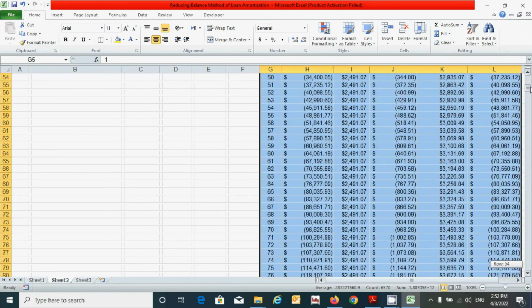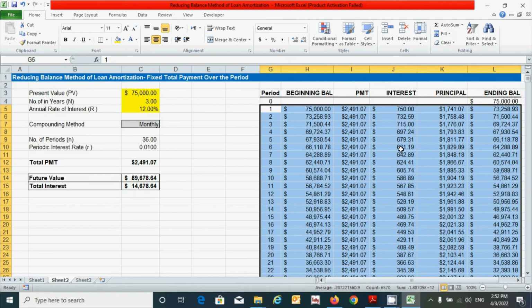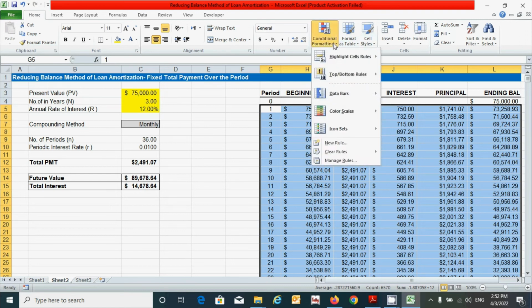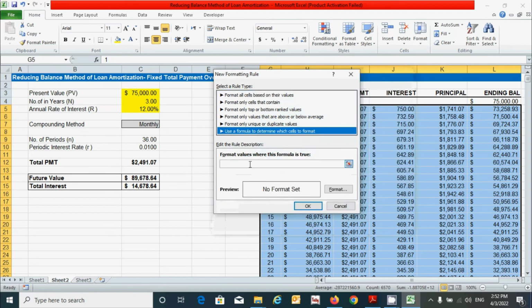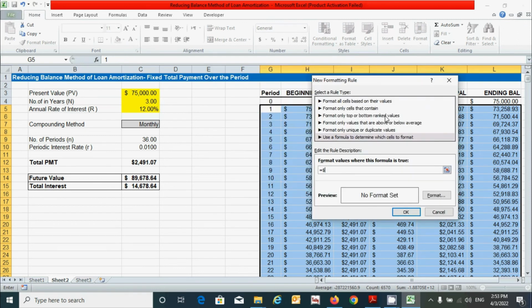Now scroll up and go to conditional formatting under the Home tab, click on this arrow and click on new rule. All right, choose this one, click here, and let's make the formula. Press the equal to sign, type the dollar sign and the letter G and the value 5, greater than which one? This one. That means if this cell is greater than this one, then what will happen?